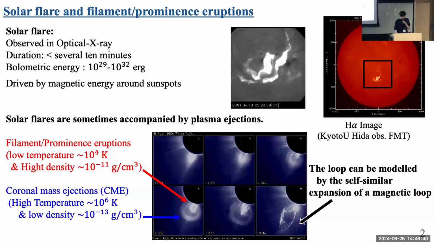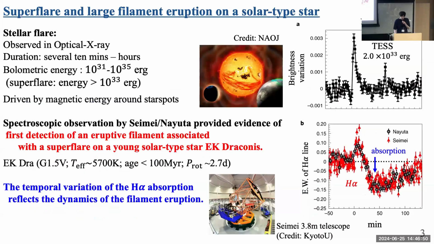The solar CMEs were well modeled with the self-similar expansion of magnetic flux ropes. Stellar flares are also observed in optical to X-ray and driven by magnetic energy around active regions. We call a flare with 10 to 1,000 times larger energy than the largest solar flare a superflare. Recently, filament eruptions from a superflare were reported on a young solar-type star, EK Draconis, which rotates 10